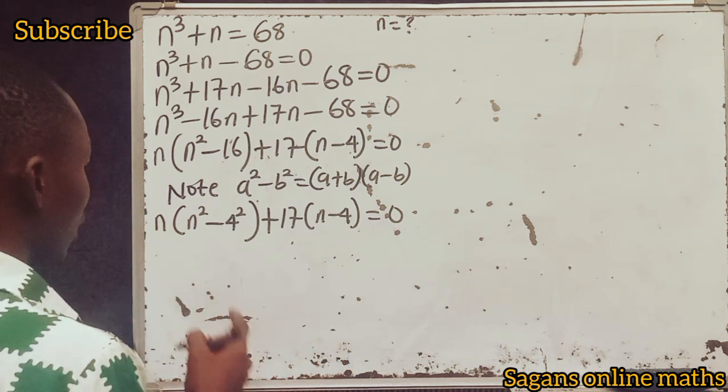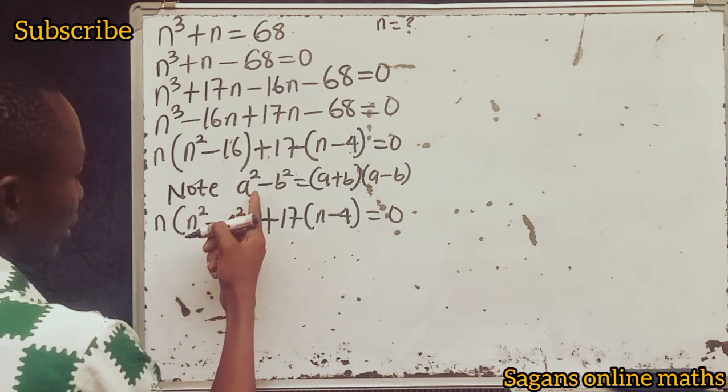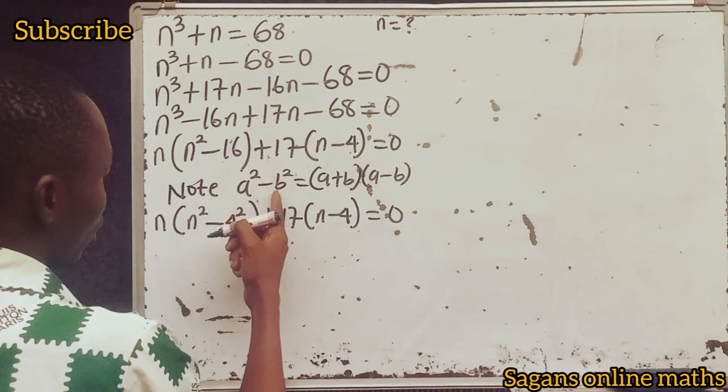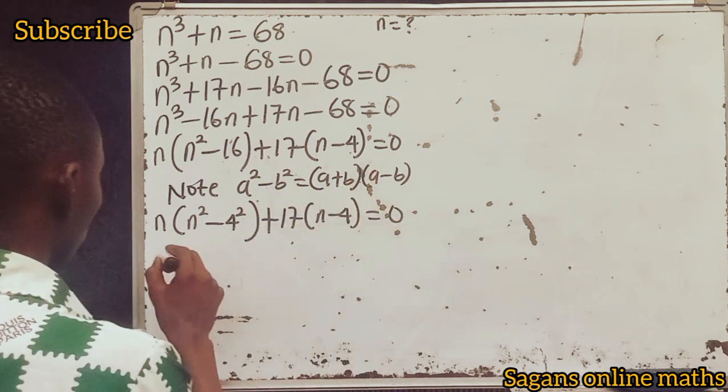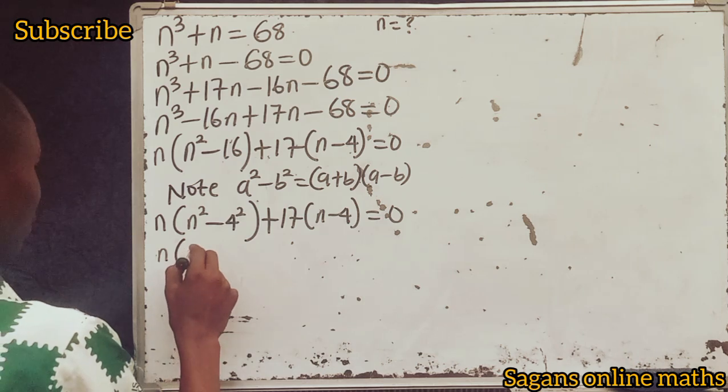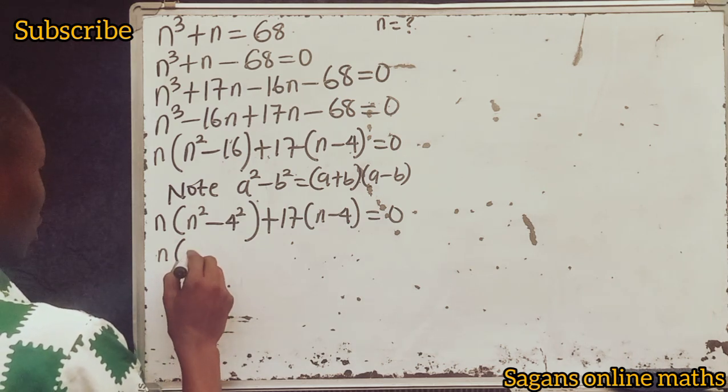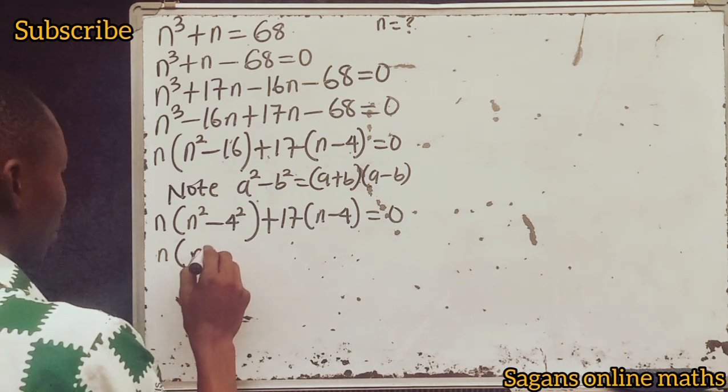I love this. Now I can see that this is a difference of 2 squares. As you can see, it's stated here that a to the power of 2 minus b to the power of 2 is equal to a plus b into a minus b. So that this is n into a, into n plus